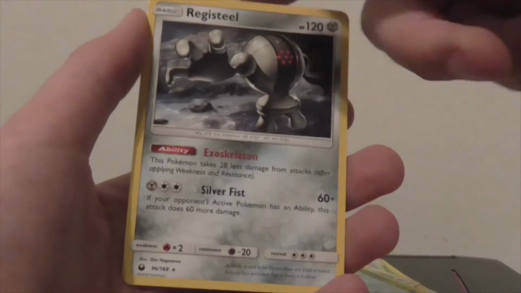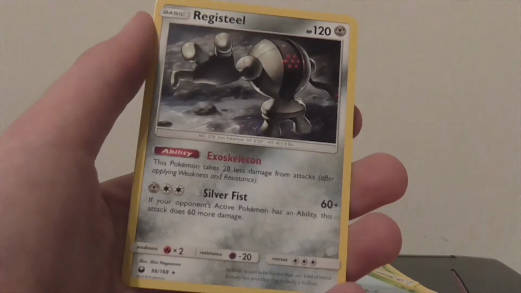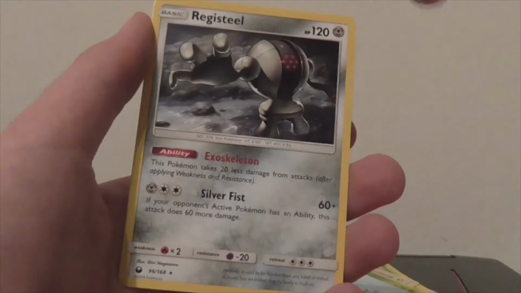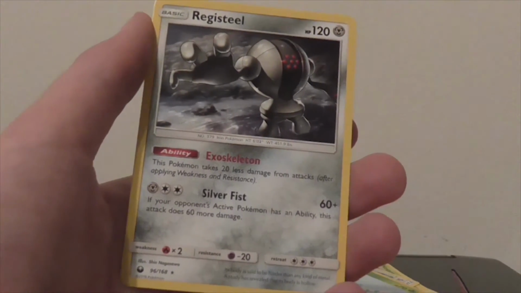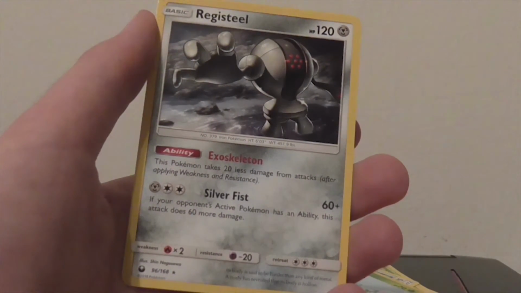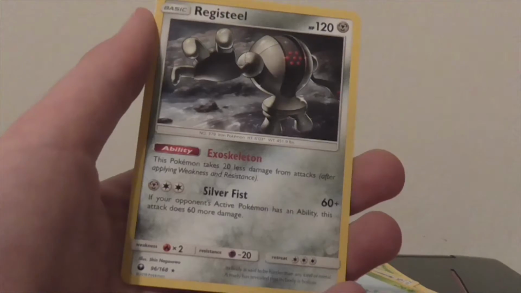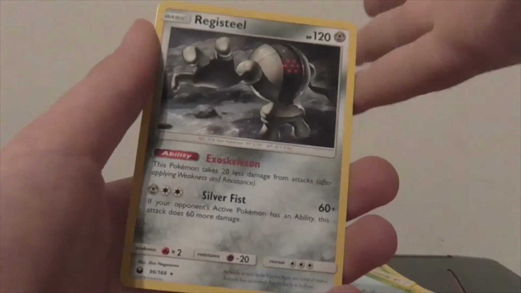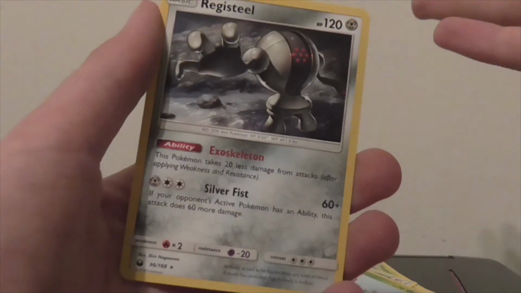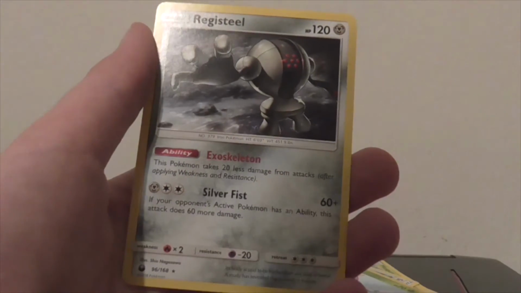Okay, so this is the last card. Registeel, ability Exoskeleton. This Pokemon takes 20 less damage from attacks after applying weakness and resistance, and then it has metal steel energy and a double colorless, which is actually decent. Silver Fist 60 plus. If your opponent's active Pokemon has an ability, this attack does 60 more damage. That is actually a nice support Pokemon for a steel deck, because you can just slap a float stone and double colorless on it if you're in a pinch, and you have Exoskeleton, which basically gives you 140 health instead of 120. And just stick steel energy on it, and then you're like, oh,